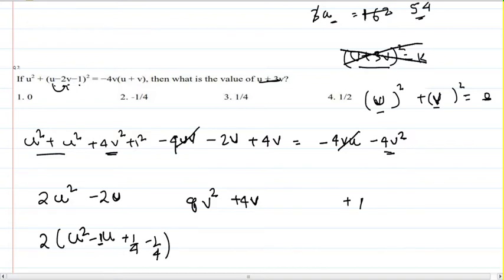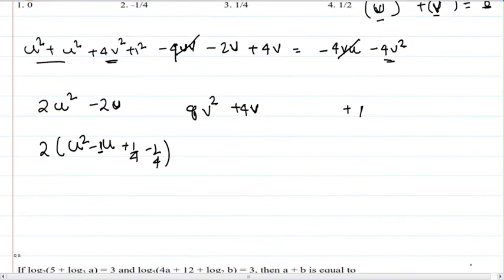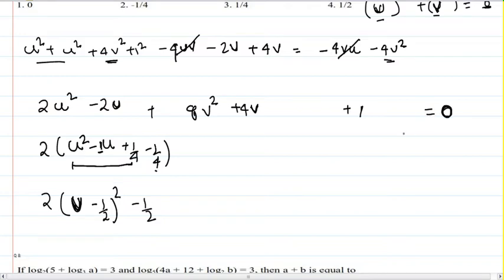Let me complete this first for you. So what I have here on the left hand side is twice of u minus 1 by 2 whole square. So all of these are taken care of. This minus 1 by 4 into 2 will become minus 1 by 2. Now please understand, when you are creating two separate squares, you are looking for 0 on the right side. So I should be able to cancel this. I should be able to cancel this.